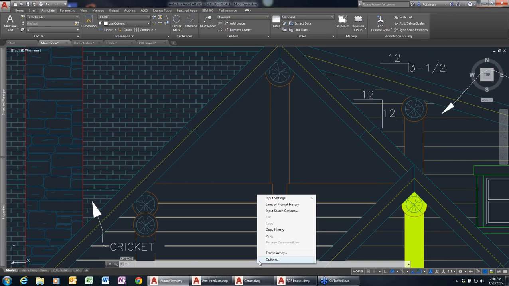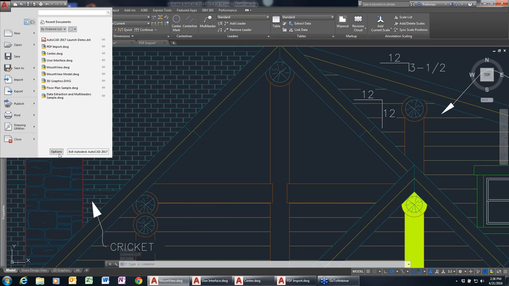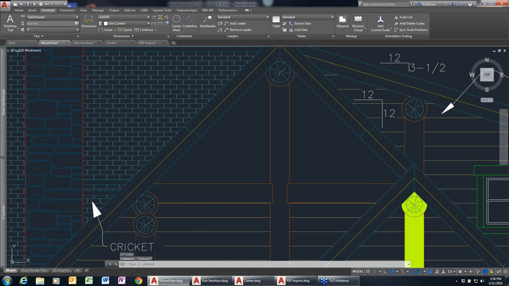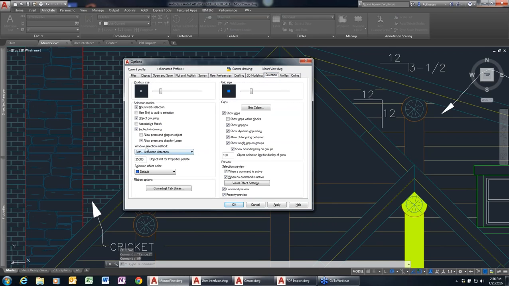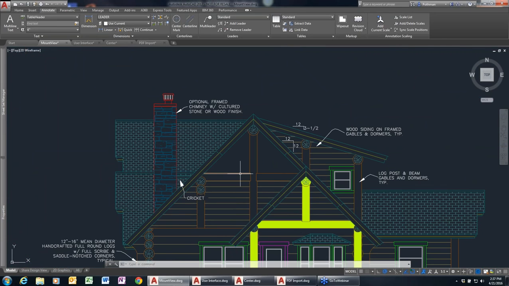We can right-click in the command line and select options. You could type in